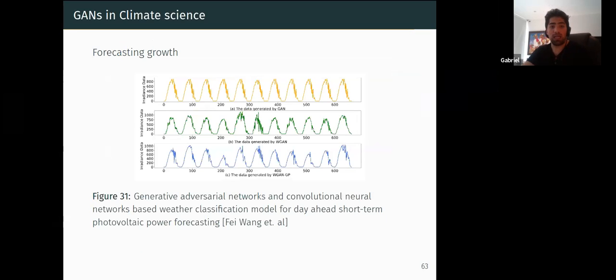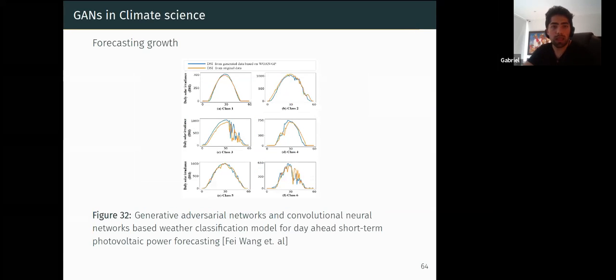We also have here the irradiance data as simulated by generative adversarial networks. And later, I'm going to show you how closely these actually resemble the real data that they come from. So we've got 6 classes here, only shown. There were 10 originally, but